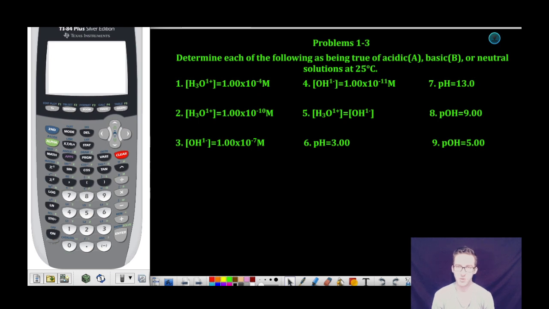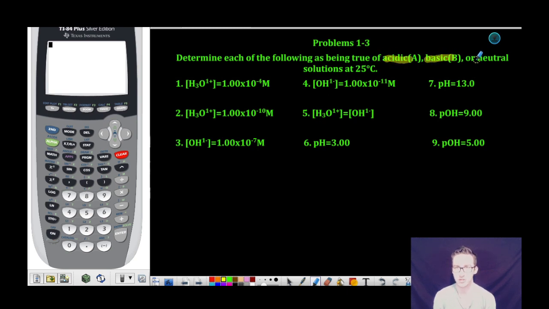Hey, what's up everybody? We're gonna do some quick practice here to get a little bit better understanding about the relationship that exists between hydronium ion concentration, hydroxide ion concentration, and then both pH and pOH. So the very first thing that we're gonna do is look at whether or not the following will be acidic,